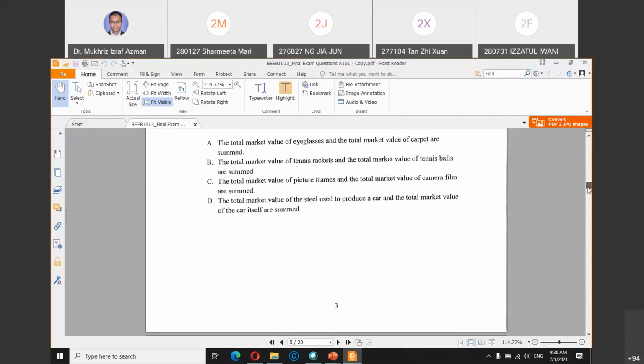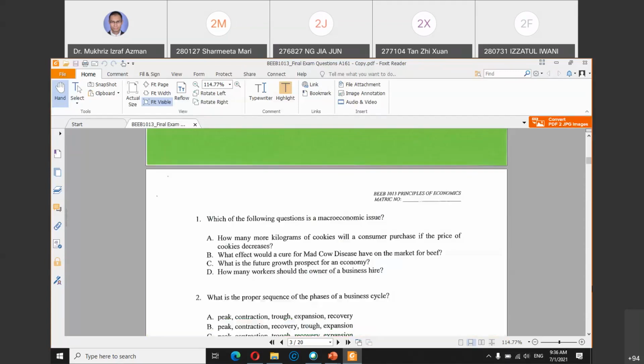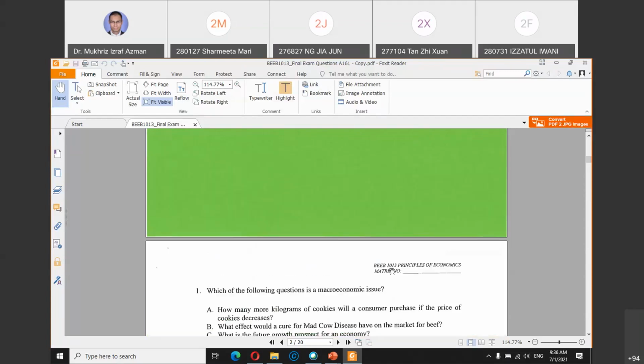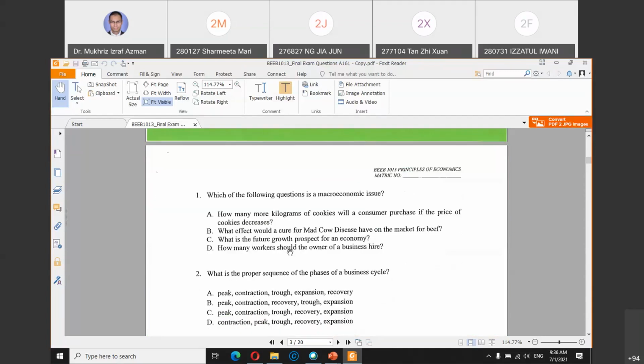Your test 3 will cover topics 8, 9, and 10, the macroeconomics chapters. If you look at any past year's questions from the internet, or go to the library website and download past year's questions from Principles of Economics, all of them only cover the macroeconomic topics, topic 8 and above. They do not cover microeconomic topics. So if you want to prepare for test 3, you can always refer to any past year's questions and do them on your own.